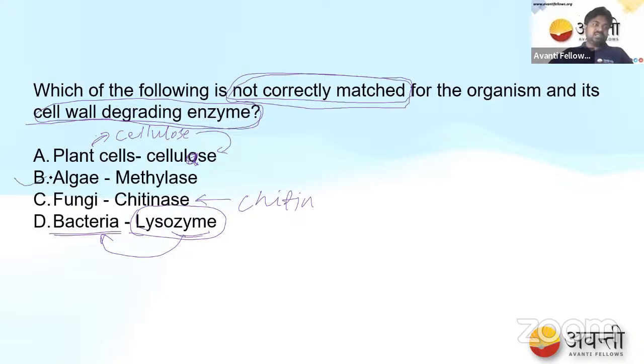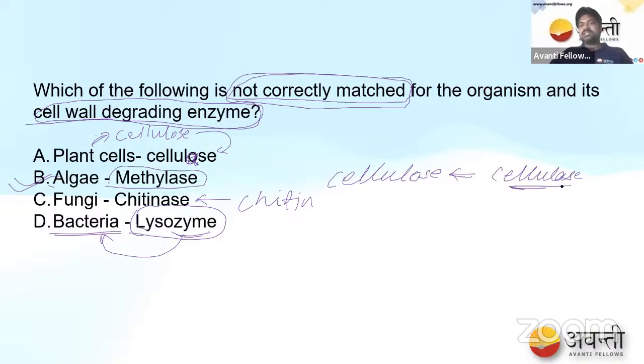But in case of algae, they have given here methylase. Actually, methylase is not important for the degradation of the algal cell wall, because the algal cell wall is also made by cellulose. सेलुलोज से ही बना हुआ है algal cell wall, and that's why it needs cellulase. इसको किसकी जरूरत है? सेलुलेज की जरूरत है, and that's why option B is the correct option here,